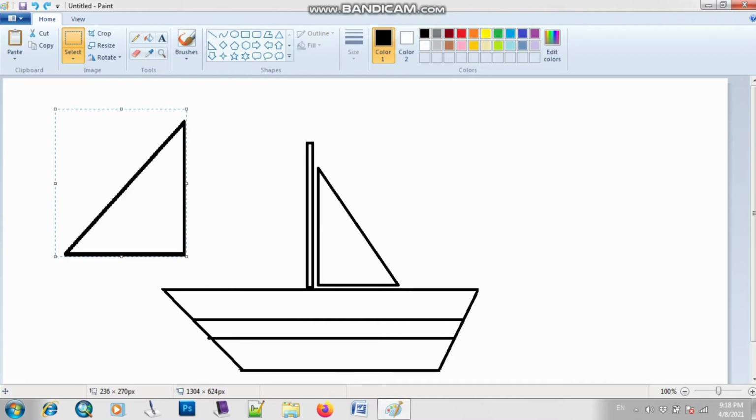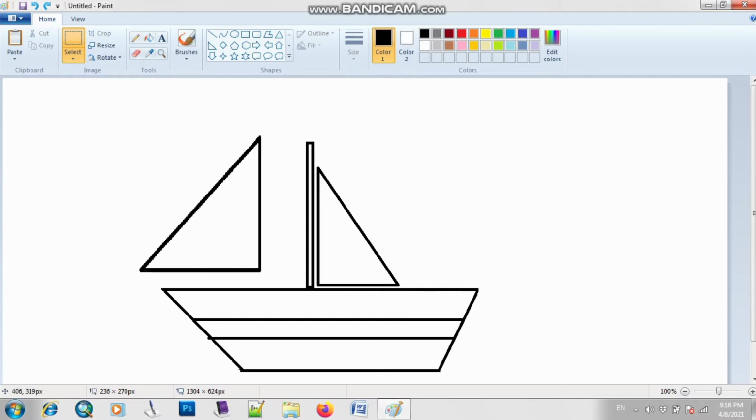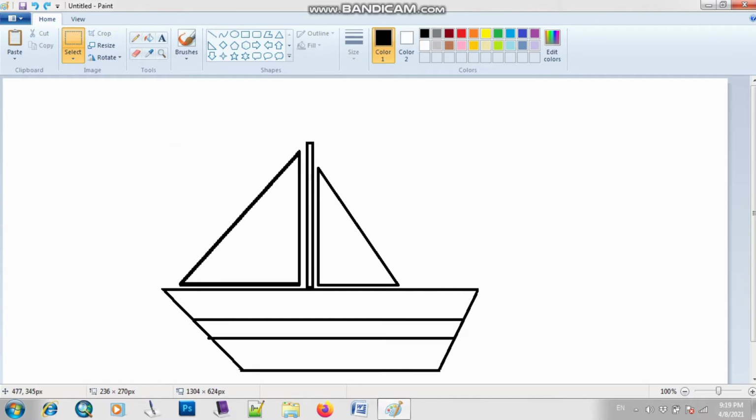And now you have to use this image here, and you can adjust the size according to your choice. Okay, so after that, here let me draw a flag.